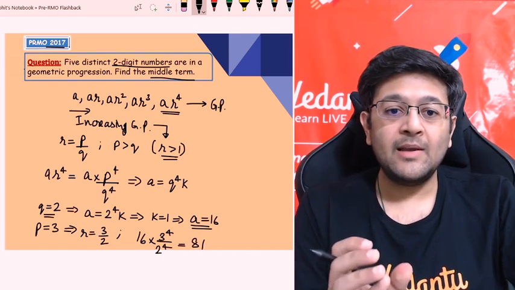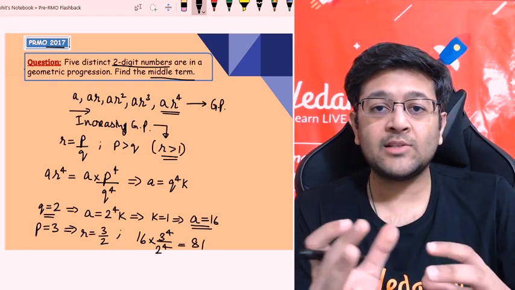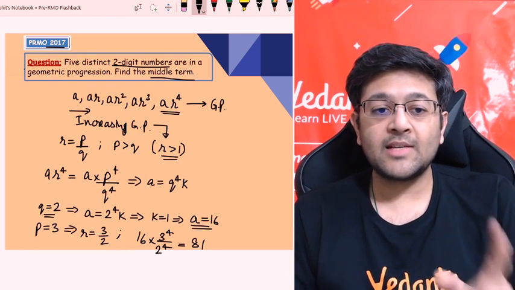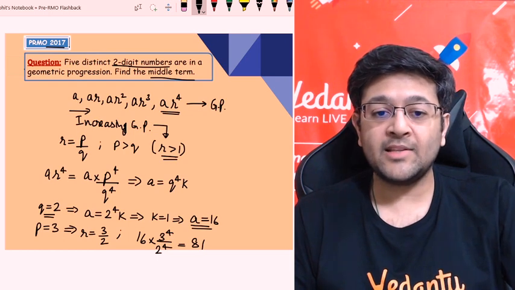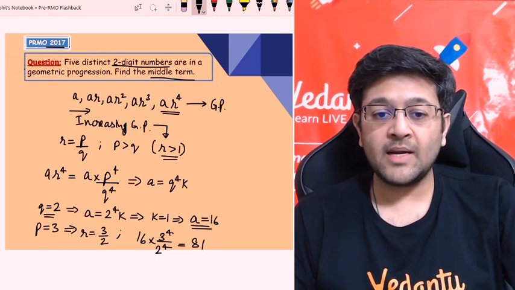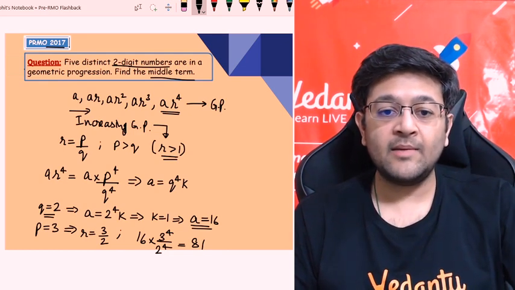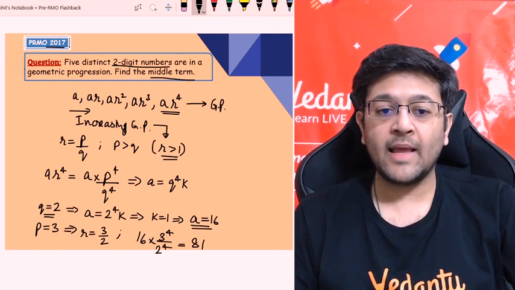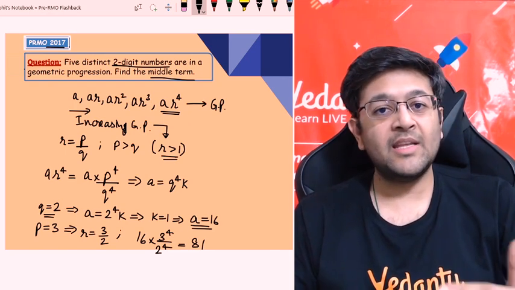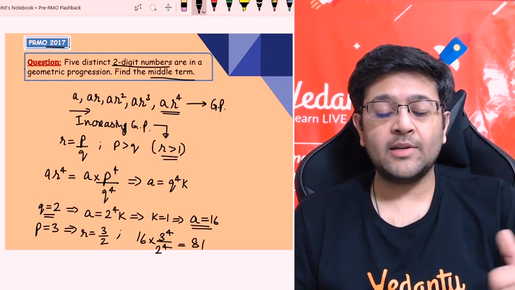So as you can see, the last term is very large even when we have taken all the smallest numbers, right? So this means I cannot put P greater than 3 here. If I put 5, then obviously this will become even larger. It will become a 3-digit number. So we cannot put 5. 4 of course we cannot put, because if we put 4, it will actually become 2 raised to power 4. Then again it will exceed two-digit numbers. It will become a 3-digit number, right?